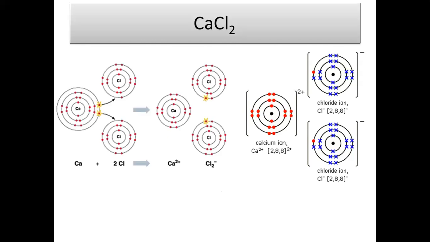And this is the last example, calcium chloride. Each chlorine requires 1 electron, and the 2 electrons are present in the outermost shell of the calcium. When it donates an electron to each of the chlorine atoms, the octet of each chlorine is complete, having 8 electrons in the outermost shell, and the calcium also has 8 electrons in the outermost shell. So the octet of all the atoms present in this ionic molecule is complete, and that is the formation of the ionic bond in calcium chloride. So with this